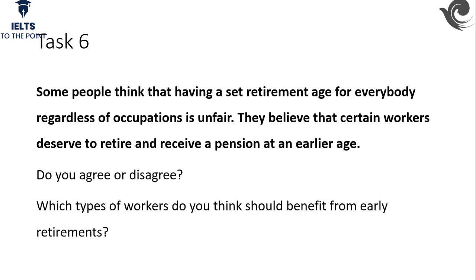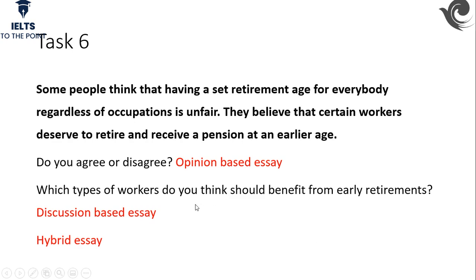Again, this is a mixed or hybrid essay. Why? Because "do you agree or disagree" is a typical instruction for an opinion based essay. At the same time, the next instruction, which types of workers do you think should benefit from early retirements, is a typical discussion based essay instruction. You could simply say that it is asking you to discuss the examples of people who should benefit from early retirements. This can also be treated as